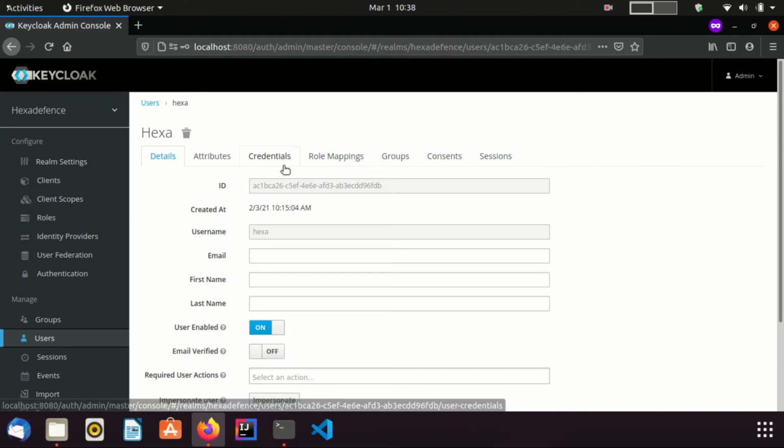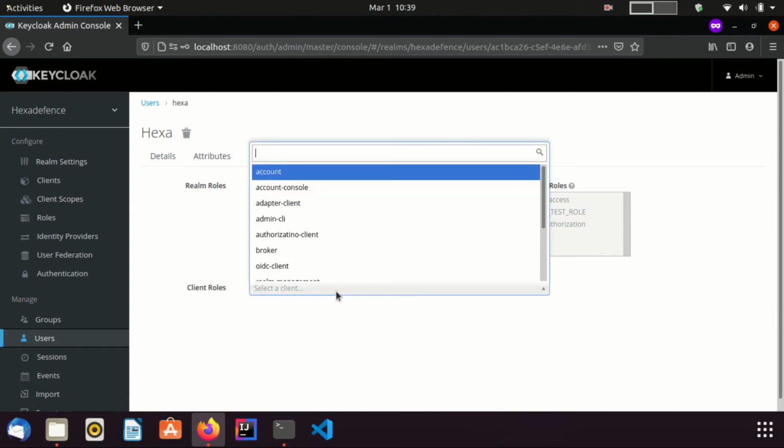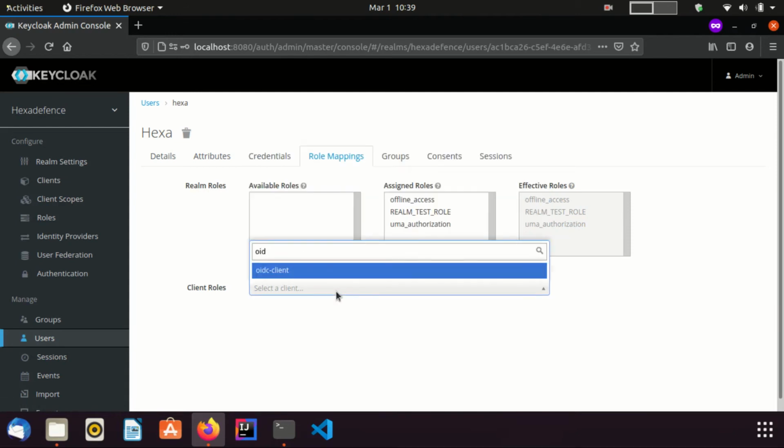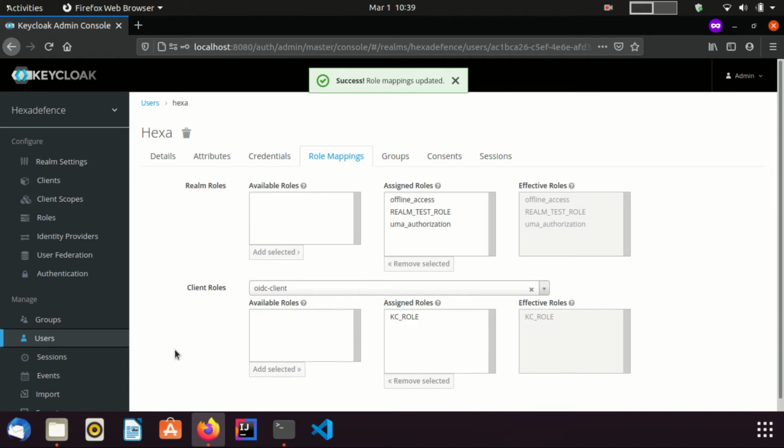I go to the Role Mappings tab in order to assign this role. I am going to select the client we just created. Okay, now I just assigned the KC role to the Hexa user.